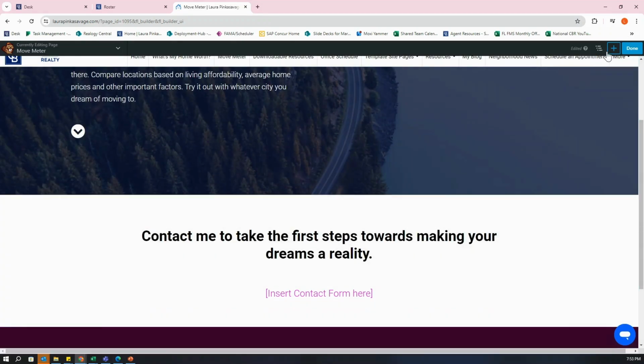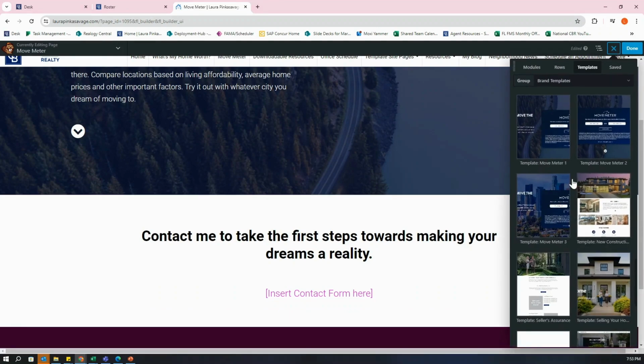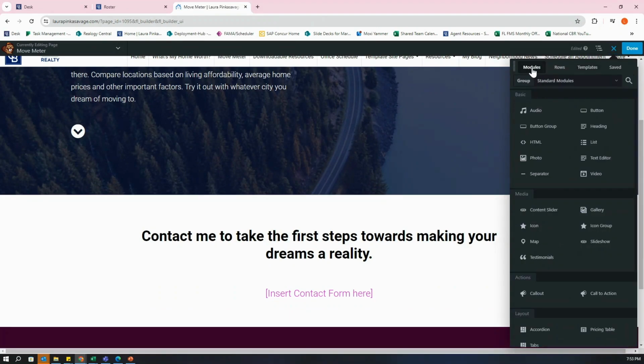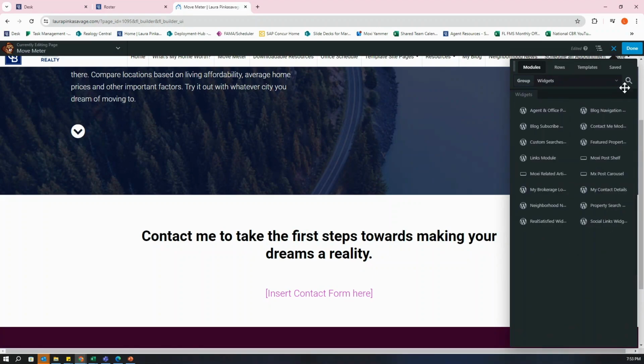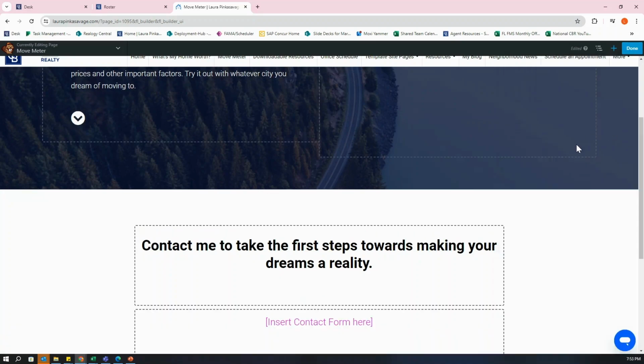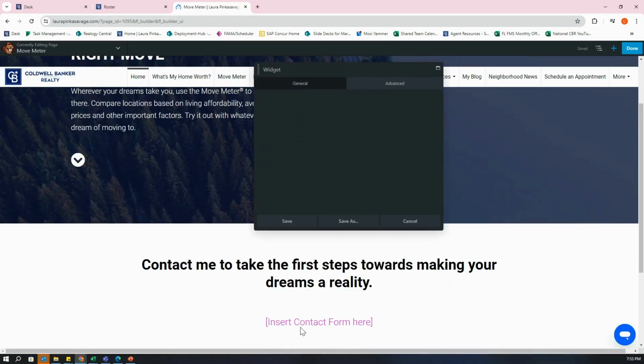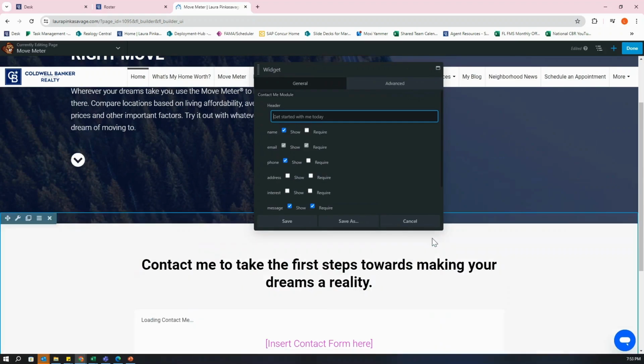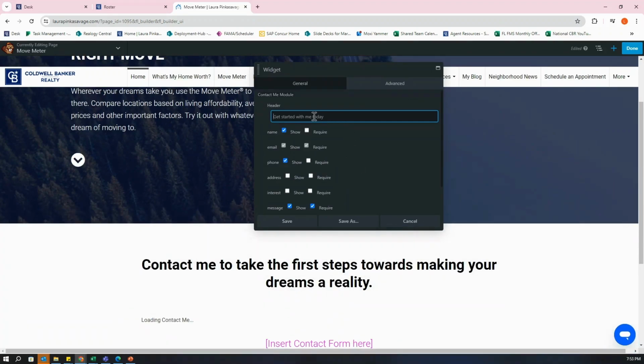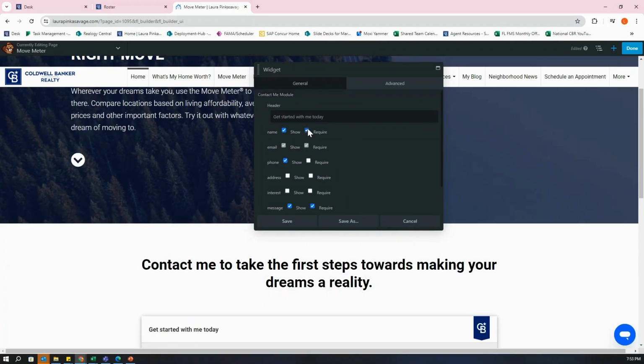To do that, I'm going to click the plus button to get up our menu. I'm going to select the modules option and once more going to our widgets. We're going to find the contact me, drag and drop just above the insert contact form. I can add a custom header and elect